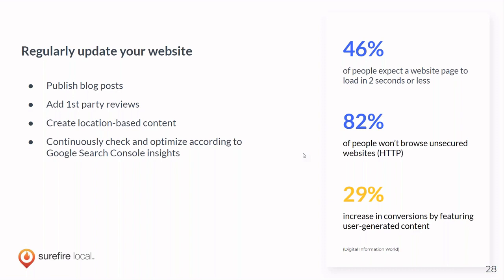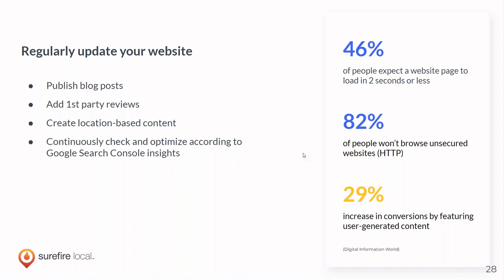If you're going to push any kind of content, a long form blog post on your website is probably best. Not the only kind, but best, especially if you include some videos or some pictures within. Maybe a video on YouTube would also really help. Add first-party reviews. You can take your really exemplary 5-star reviews and push them to your website. Create